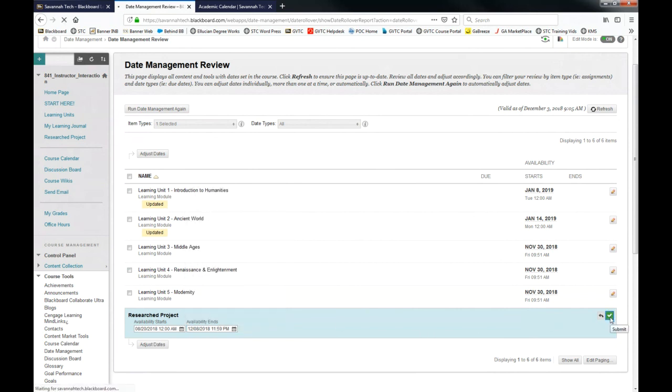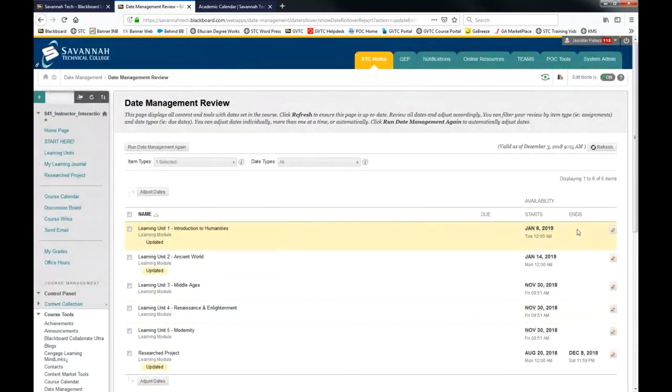So if you do have a date listed under the ends, you can put the end date of the term if you want to leave your learning modules open, which I would recommend. That way it gives students the ability to refer back to materials in previous learning units, and they can use that to study for finals and for other exams. If the date is not already listed on the learning module or on the